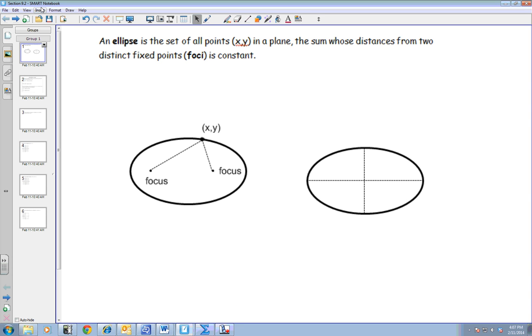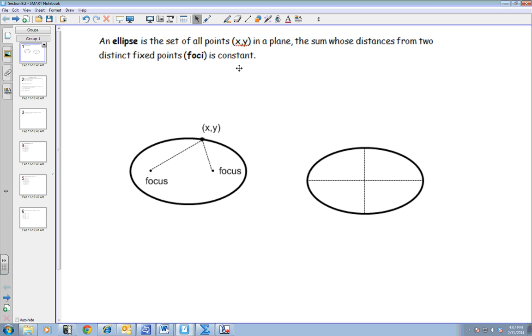Okay, this is section 9.2 over ellipses, and we're going to be writing the standard form of an ellipse. We should remember that when we were folding our conic section, an ellipse is the set of all points in a plane, the sum of whose distances from two distinct fixed points, which we're going to call the foci,